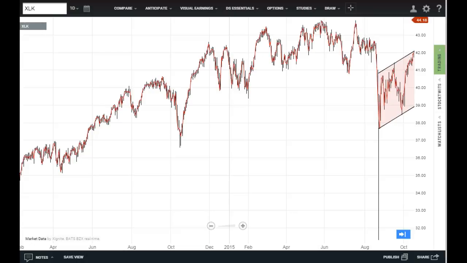Overlaid here on the bar chart of the Select Sector SPDR Technology ETF is a one-day moving average of the close. We can see that here when I mouse over it. This shows one of the more extreme examples of what happened that day. The spike low near the open not only skewed daily charts, but it also skewed weekly charts. The low that day was the lowest seen in more than 2 years and made normal analysis of support and